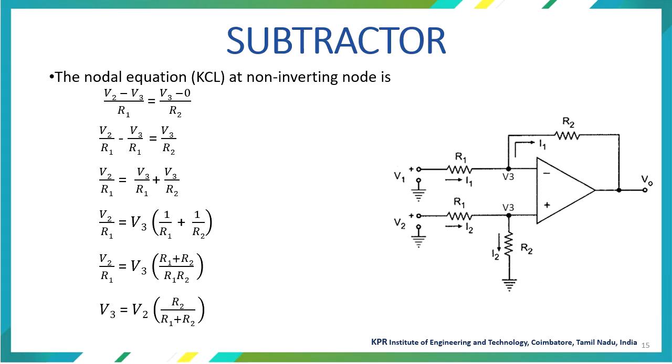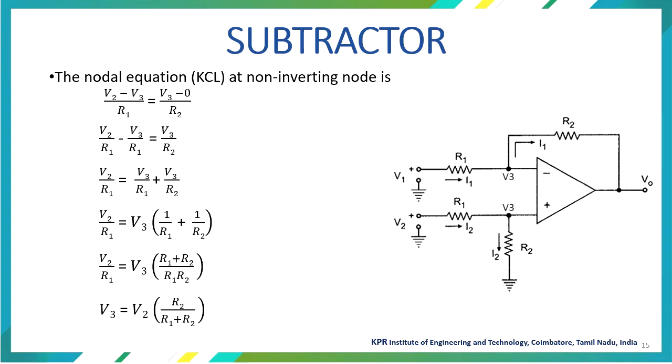So we will keep V2 on one side and V3 on the other side. So now the equation is V2 by R1 equal to V3 by R1 plus V3 by R2. So again, you are taking V3 outside on the right hand side. So it will be V2 by R1 equal to V3 into (1 by R1 plus 1 by R2). So again, taking the LCM, the V3 will be equal to V2 into R2 divided by